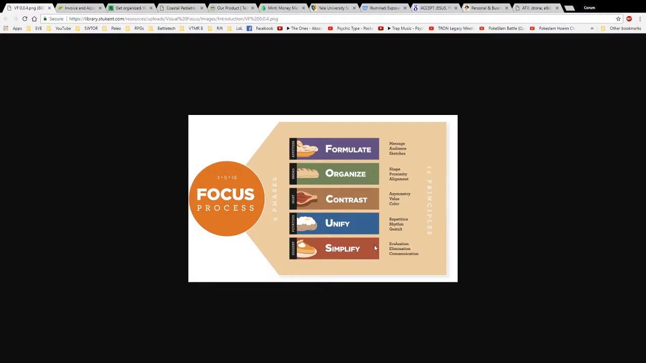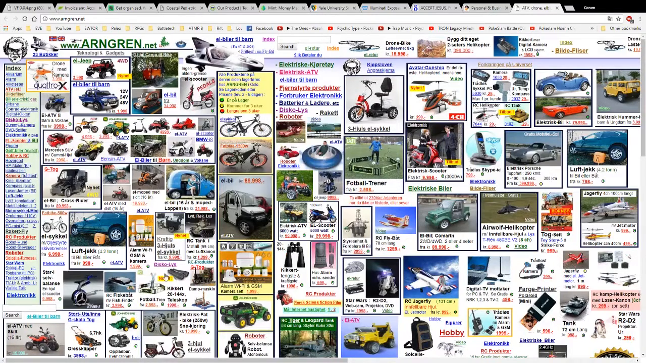Moving on to simplify, evaluation, elimination, communication. I don't know what to make of this. Besides, this website's definitely trying to sell a lot of things, but it just fills up your screen and you don't know what to make of it. Other than that, that's about it for the